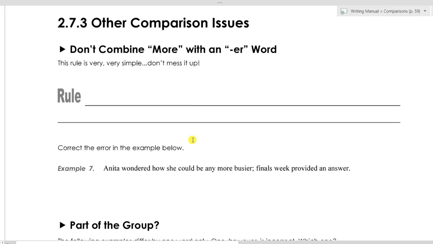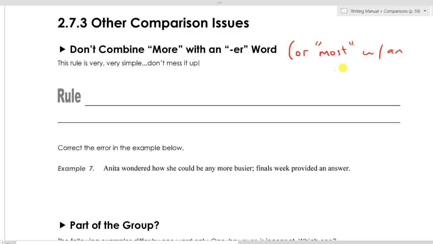Now, some other comparison issues. These issues do not show up very often, but if you are going for a very high score on the writing test, you're gonna want to know about these issues. Do not combine more with an ER word. You might even want to add as well, or most,